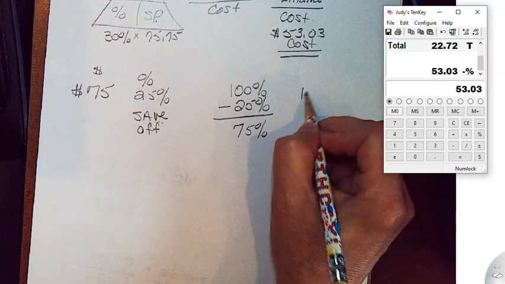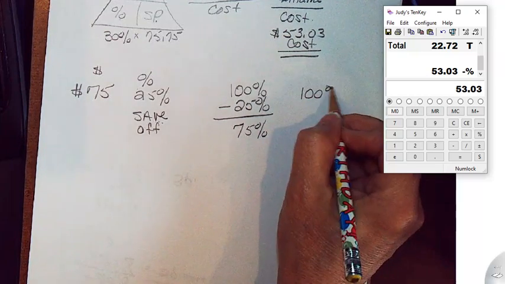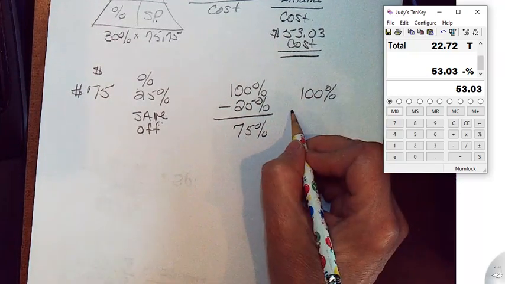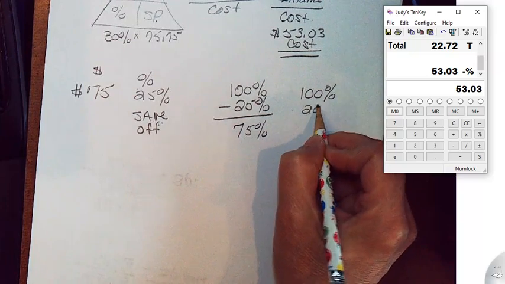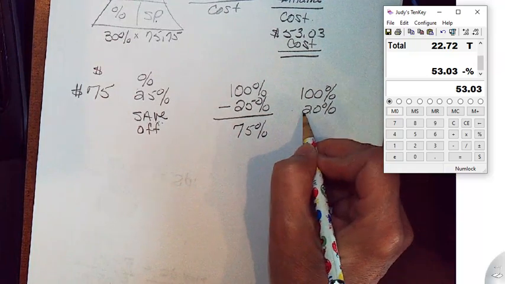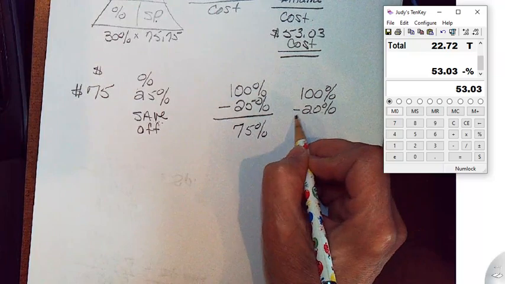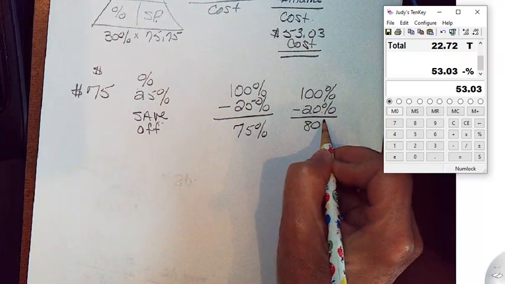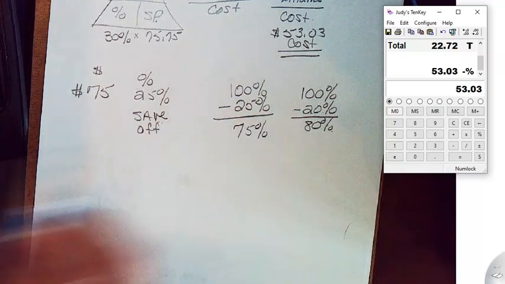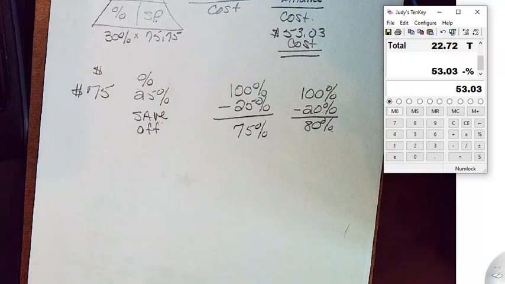If whatever the item costs is 100%, if it's on sale 20%, I'm going to save 20%. I'm going to pay 80%. That's called getting the complement. The complement of 20 is 80. The complement of 25 is 75. The complement of 80 is 20. You just subtract from 100. So looking on page 141, part C,